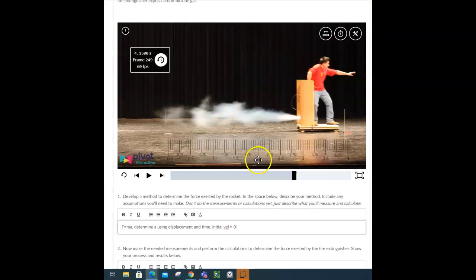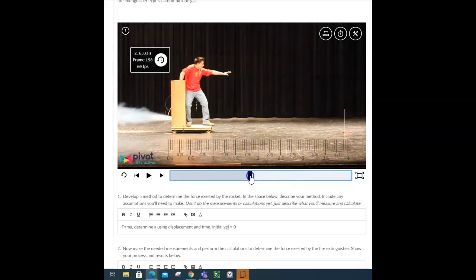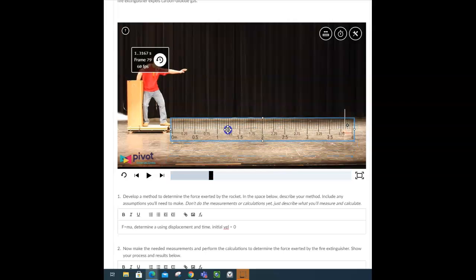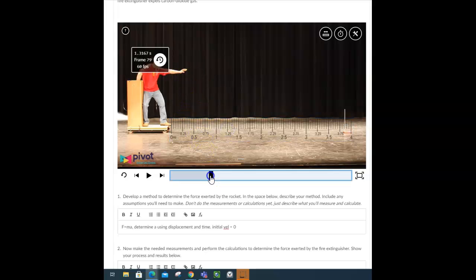So let's look at what we have. I'm going to pull Emilio back to the beginning. Okay, I'm going to forward this until I'm going to put the ruler so that the front of his toe is at 0. And I'm going to play with it until we get to the point in the video where he starts moving. See, back here he's just stationary, so we don't really care about that part. But I'm going to forward it little by little until he begins to move, and he begins to move right